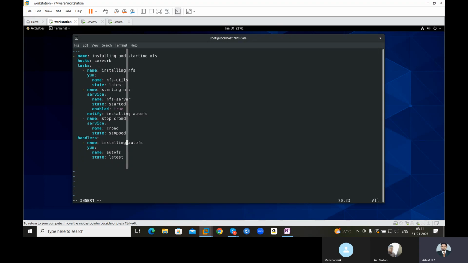Enough. And here, install autofs. Now what will happen? First will execute, second task will execute. We have notified the handler from the second task, but it will not execute the handler until it finishes all tasks. Understanding?